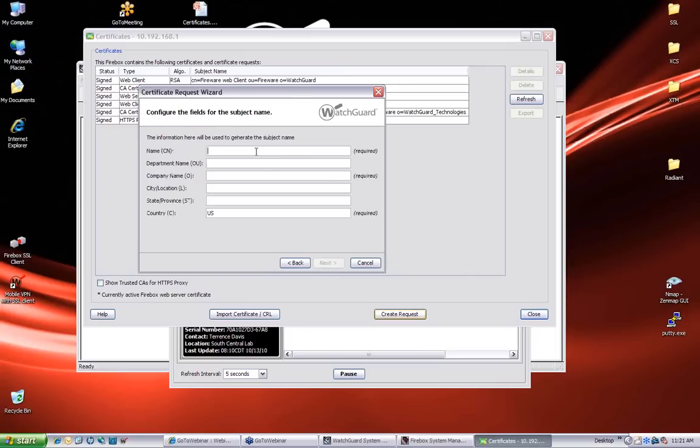So what I have to do is I have to pick basically what I want the name to be. I always use my company name, and this is a fictitious company that I've created a long time ago. And I only fill out the pieces that are required. Everything else is not really required. It's not going to help you in any way. You can fill it out to just give you more information through that certificate, but it's not used by the certificate itself. My company name, my fictitious company is,